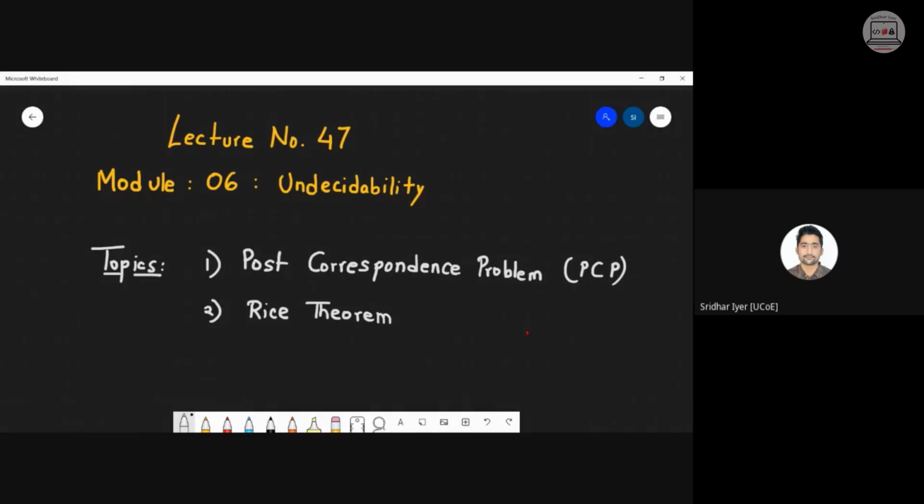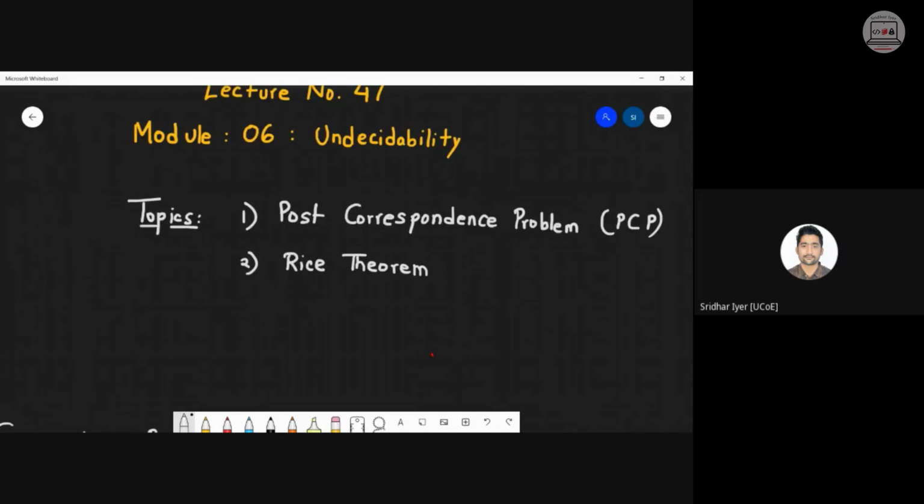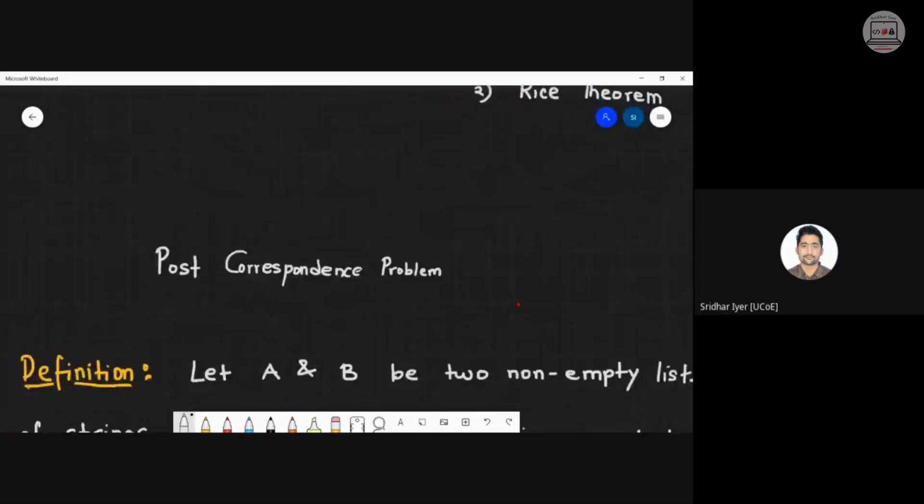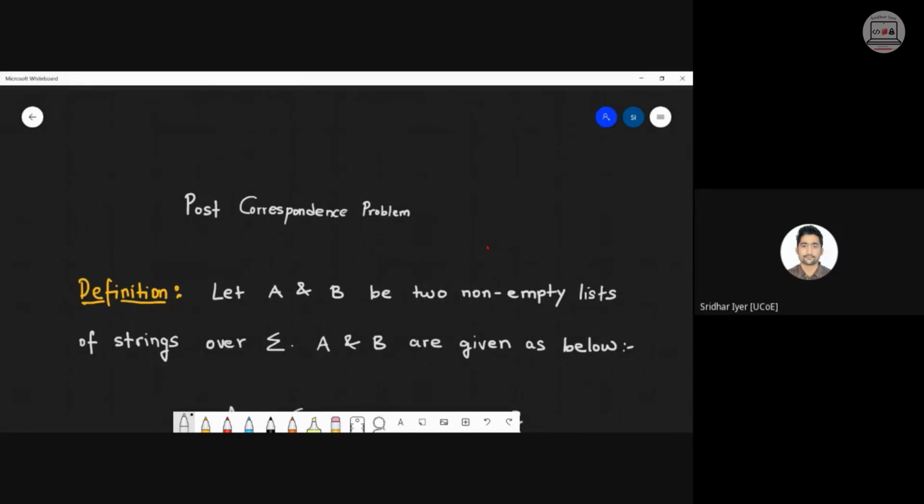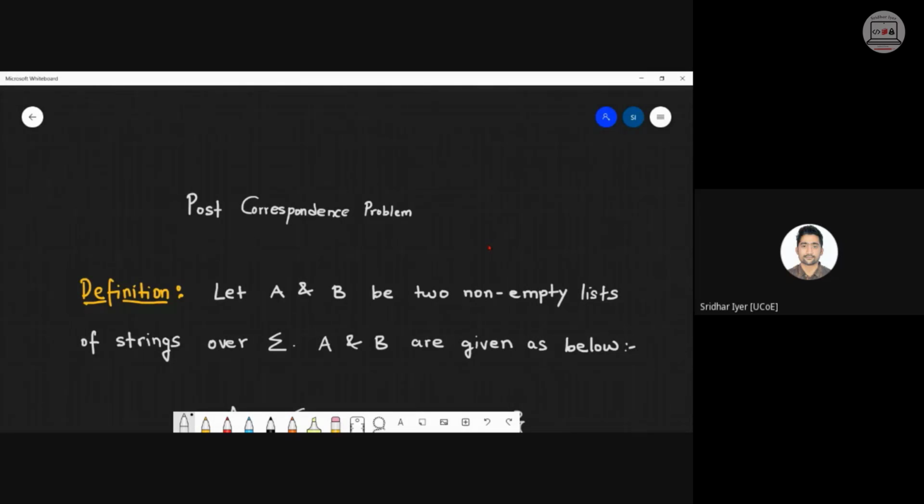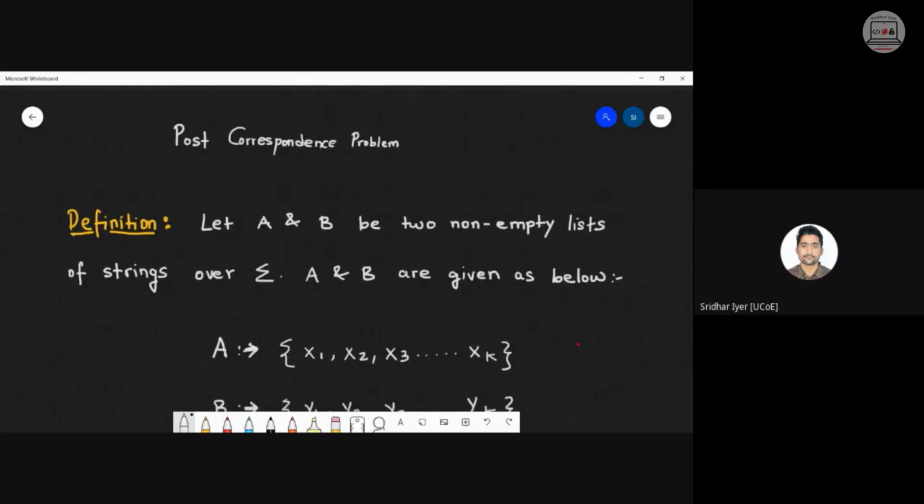So what exactly is this problem, and how do we get rid of it? Let's see what it is all about. The Post Correspondence Problem is nothing but two lists given to you. For example, there is a list A and there is a list B. Our concern is, if we stack both the lists one on top of the other,